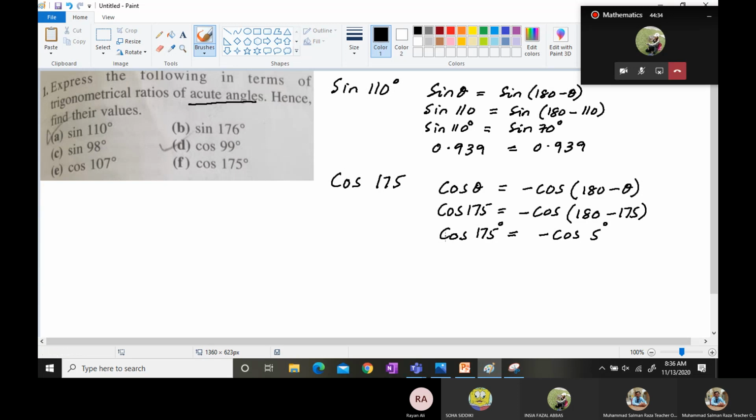it's going to give you the value in negative form, that is minus 0.996. And if you find the value of minus cos 5, it will be the same, minus 0.996. You can do this in this way as well: put the minus sign as it is and try finding cos 5. So it is going to give you 0.996. So ultimately both sides are equal, balancing themselves with the minus sign. So over here, this question was to be solved like this.